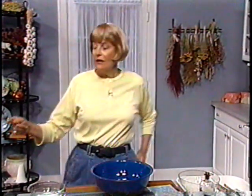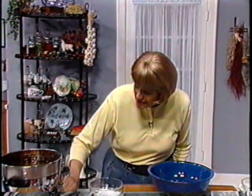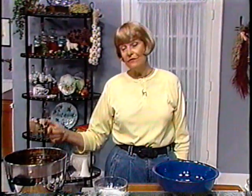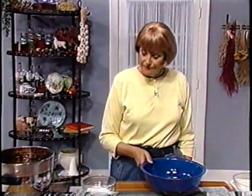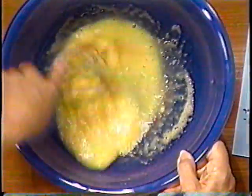First of all, you heat the oil to 375 degrees. I like to use a French fryer, but if you have a deep skillet or saucepan, you could do that. The reason I like the French fryer is that I can control the temperature. And this has been heating for about 15 minutes because you want it absolutely the right temperature when you put in the fritters. Then, in a large bowl, we have 3 beaten eggs, and I'm going to froth them up